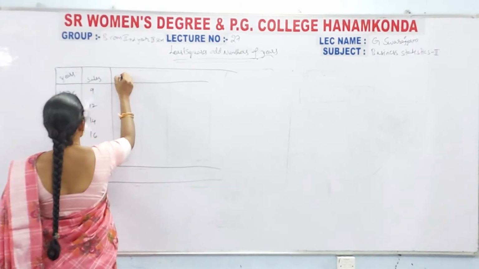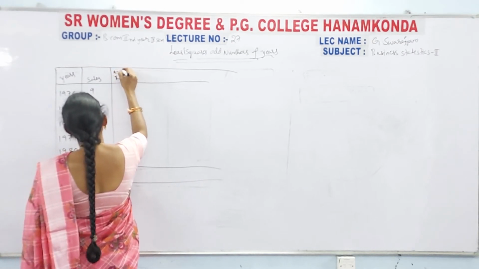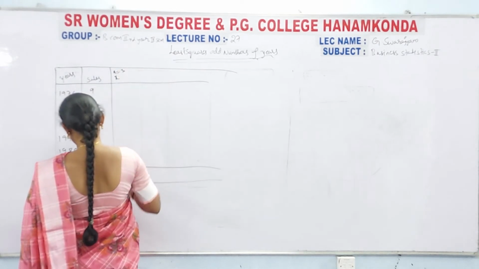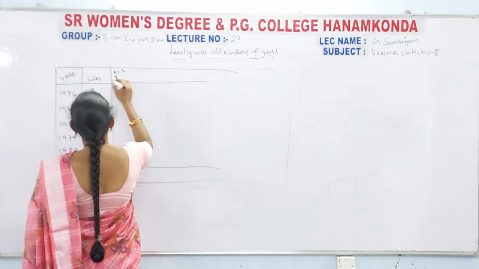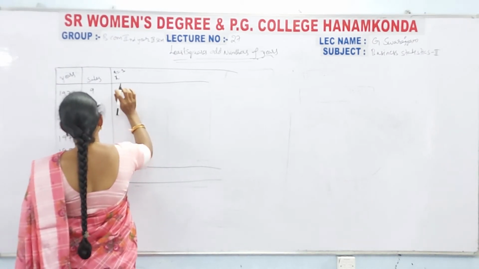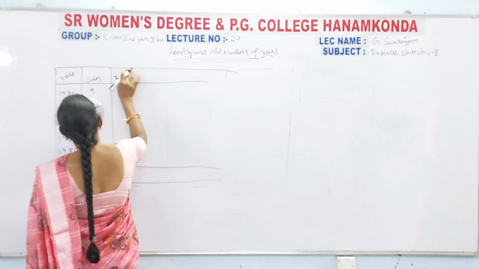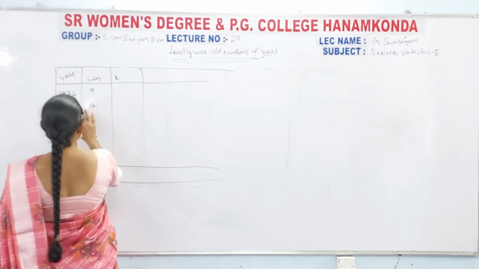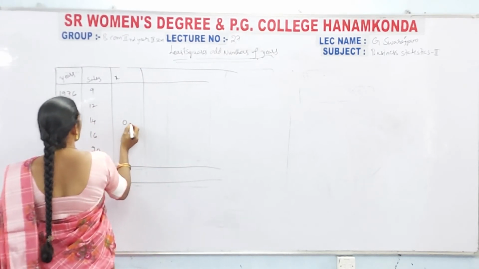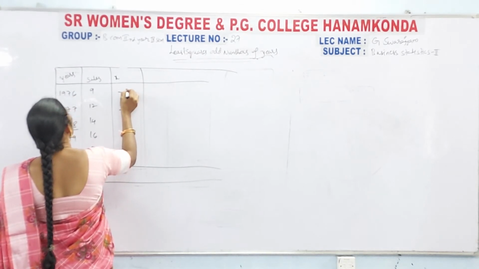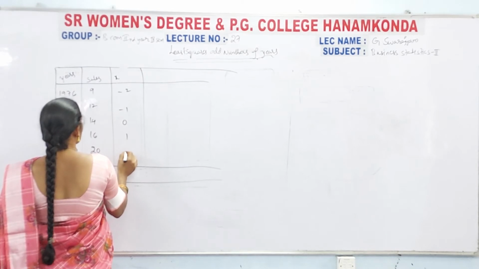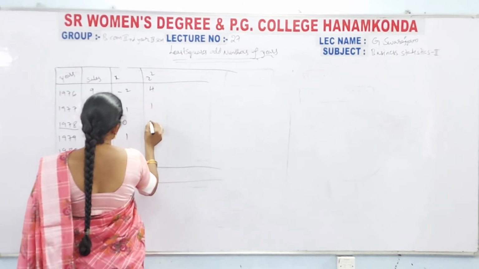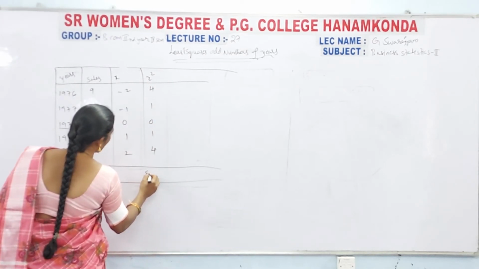Okay, then the x value. Assume a is the third year, 1978, as the assumed value. x is year minus 78: 78 minus 78 is 0, then -1, -2, +1, +2. Okay, this is x square: 4, 1, 0, 1, 4. Sigma x square here is 10.